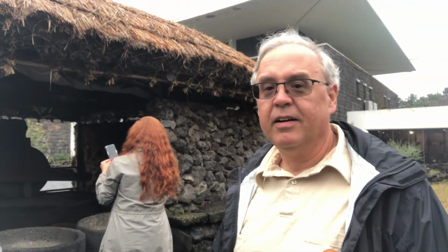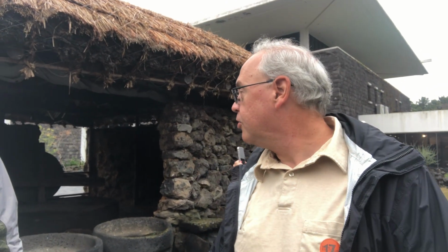At first I thought this was just a slightly smaller version of one of the thatched homes, but it turns out this one serves a special purpose insofar as it's basically a mill. They'd have a horse in here grinding grain by turning a millstone around and pressing the grain, grinding it to flour. I honestly thought I had made a circuit of the entire place, and then I found downstairs an entire exhibit